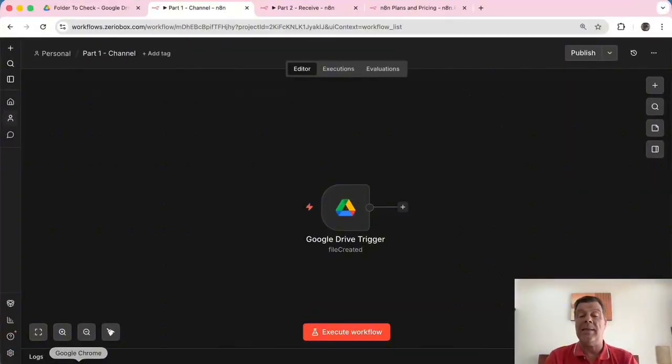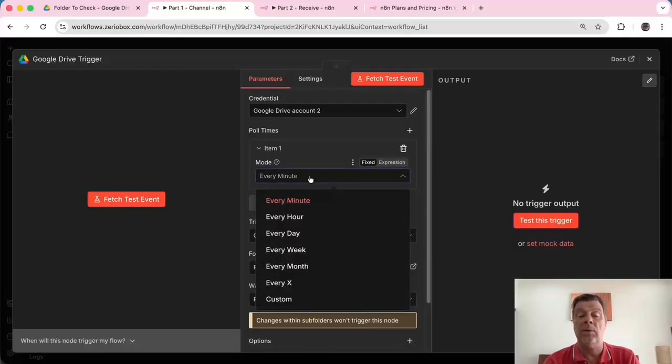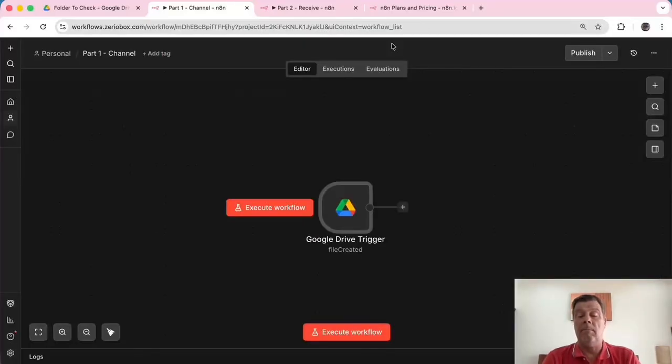So this is the standard node every YouTuber tells you to use to check your Google Drive, and as you can see, the poll time is every minute. Okay, you can choose every hour, every day, every week. This can be good if you have a self-hosted instance of N8N, then it doesn't matter how many executions you